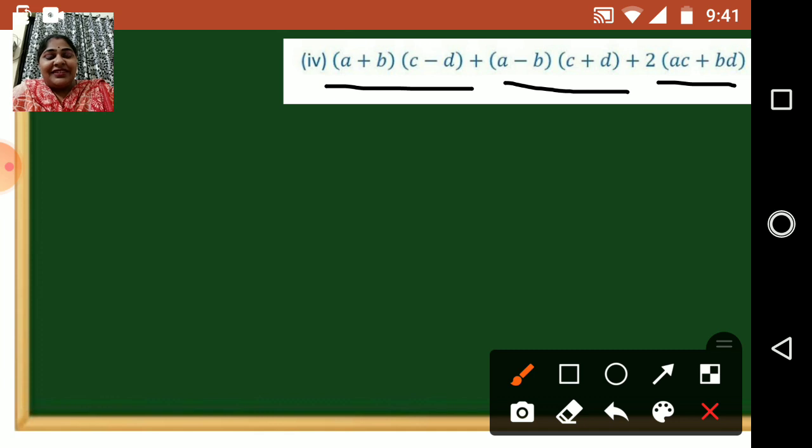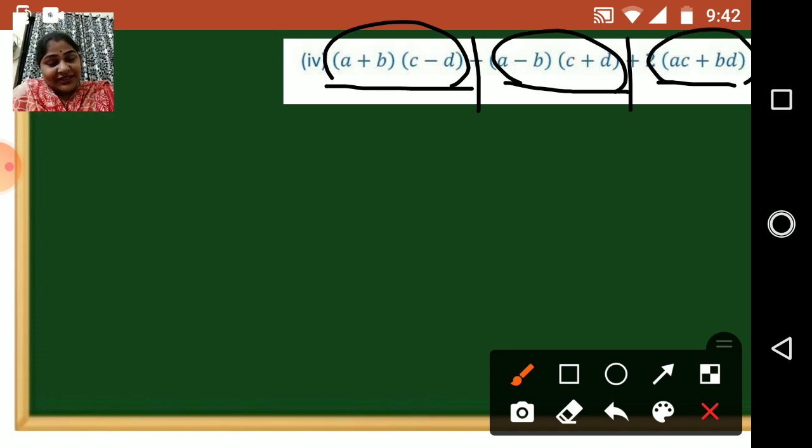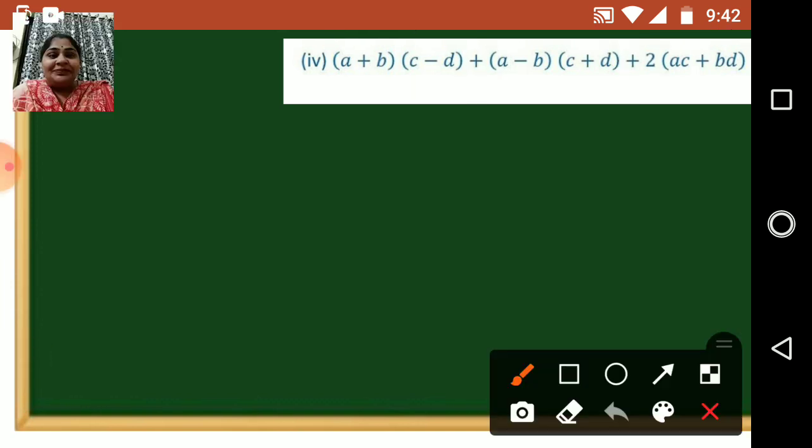So we will divide this whole sum into three parts. That is, this is the first one, second and third. So this first expression we will multiply, all right, that is binomial to binomial. Then the next one we will again simplify, first this binomial to binomial multiplication, and then we will solve this third one, that is the expression 2 multiplied by ac plus bd, that is monomial multiplied by a binomial. Okay, and at the end, all the simplified ones we will add or subtract, whatever is given in the question. So let us solve.